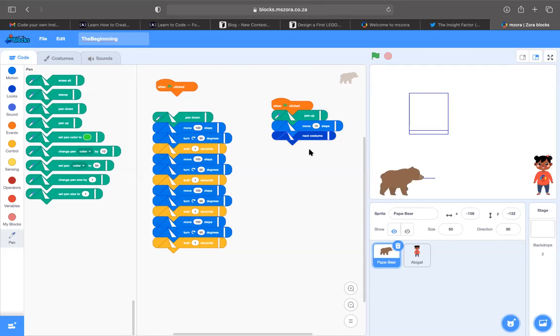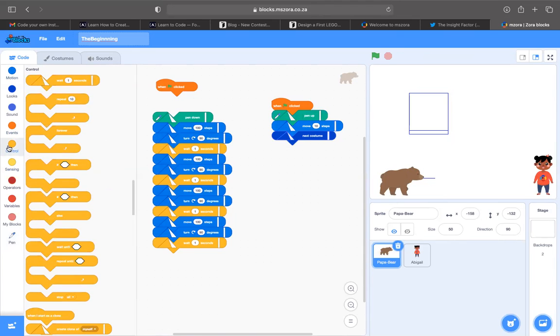I don't think we play games like that anymore. So what we are going to do is find a way to make our bear keep moving all of the time. We can press the bear once and our code is going to keep repeating for us all the time. So we'll go to the coding block called control, and I'm going to introduce you to two codes really, that even though it's early in our program, will benefit you if you know them.